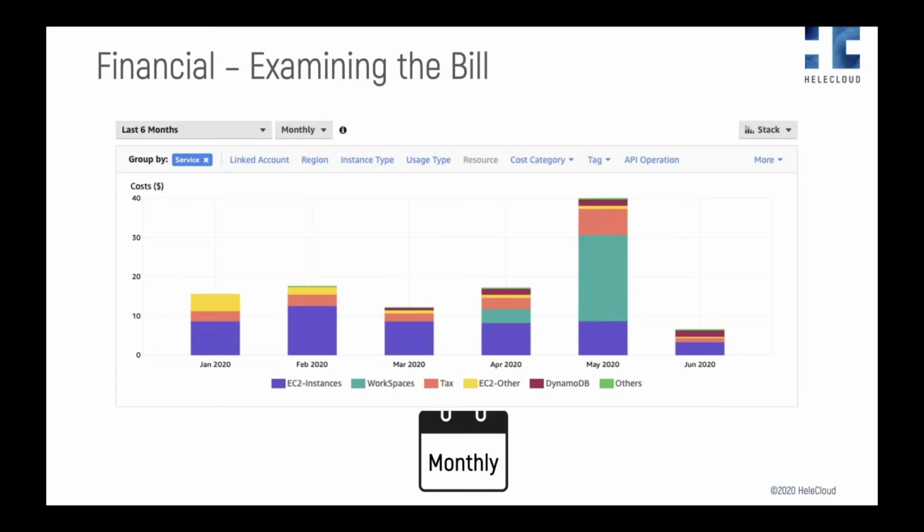Using Cost Explorer, you can look at your bill in a number of different ways, but, and this is key, you can only report on the data that AWS holds. In my case, I know why I had a spike in WorkSpaces spend, but if this was your corporate bill, how would you track that down? And this is why tagging is so important, as you can then attribute the costs to projects, business units, and in any other way that you might want.